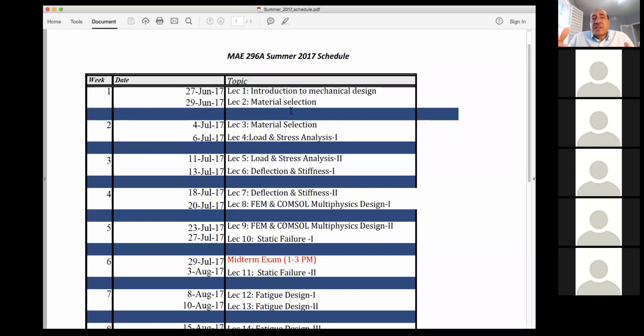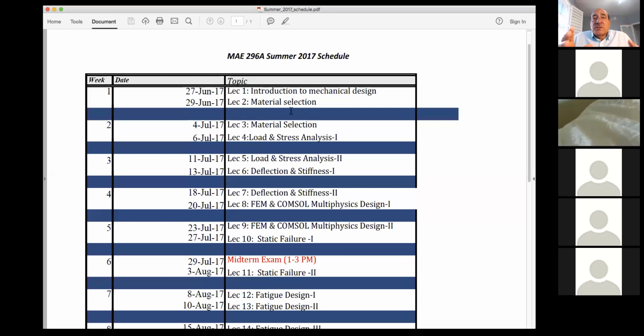The first section is to review, especially for those of you who have not taken the courses very recently, the main ideas for stress analysis and deflection.